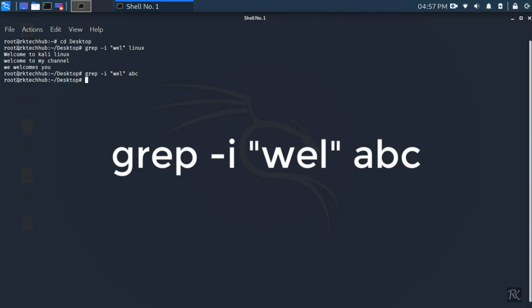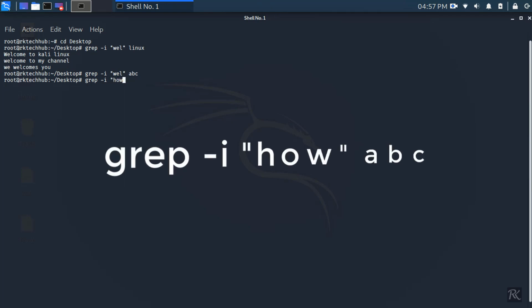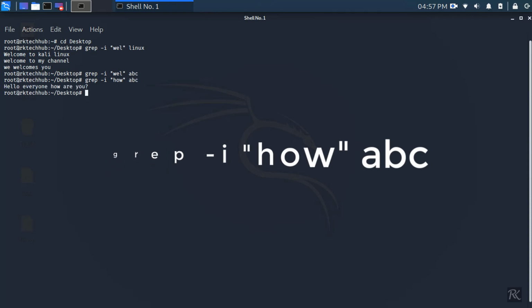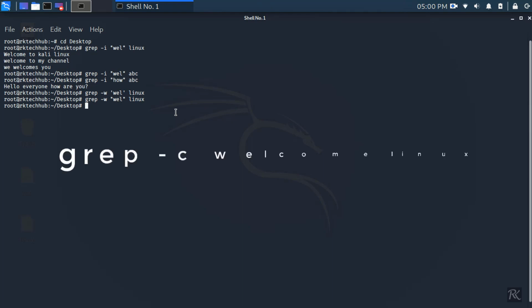So it gives output, and in ABC there is no welcome or well word, so it is not giving any output. We will check for "how" in this ABC, and it shows the result "hello everyone, how are you," because we have used the word how in our ABC file.